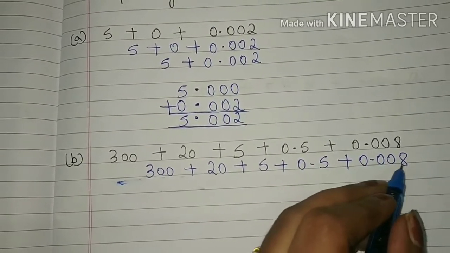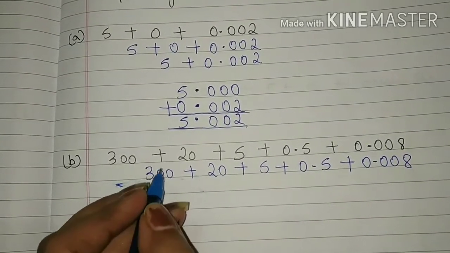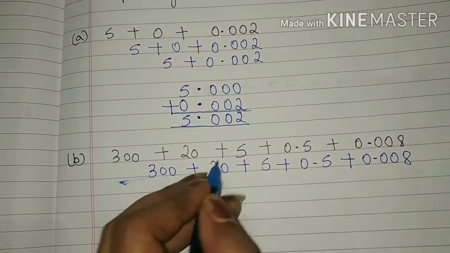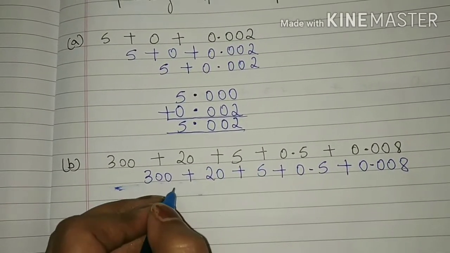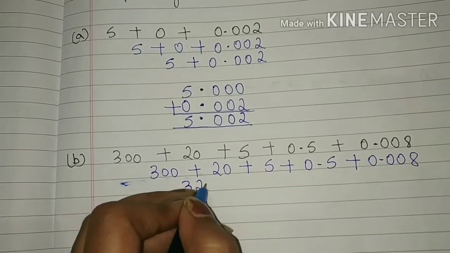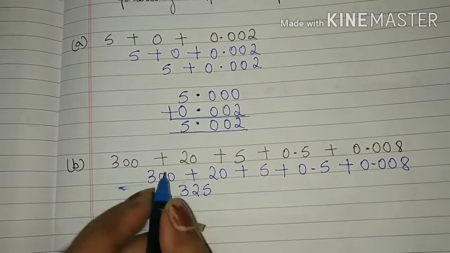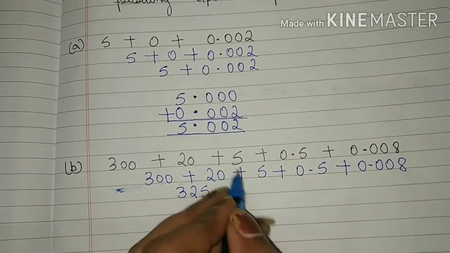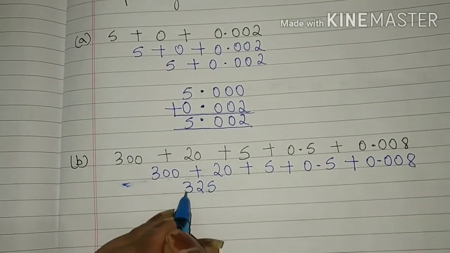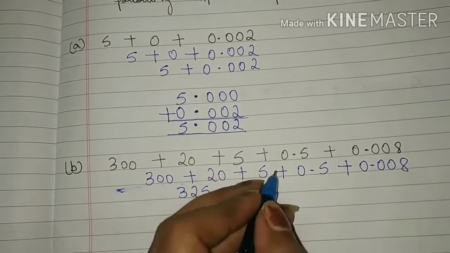Now students, we will add the numbers. 300 plus 20 plus 5 is equal to 325. 300 plus 20 is equal to 320. Now 320 plus 5 is equal to 325 plus